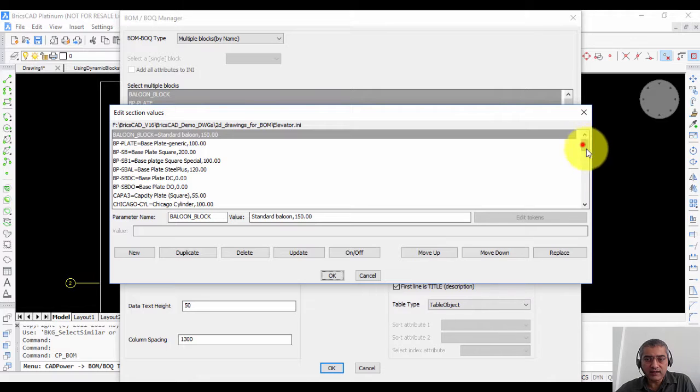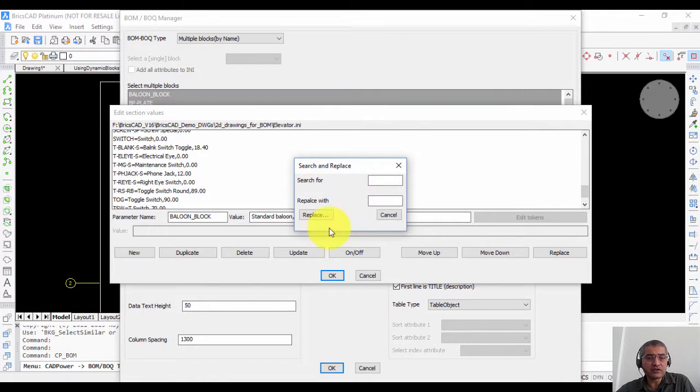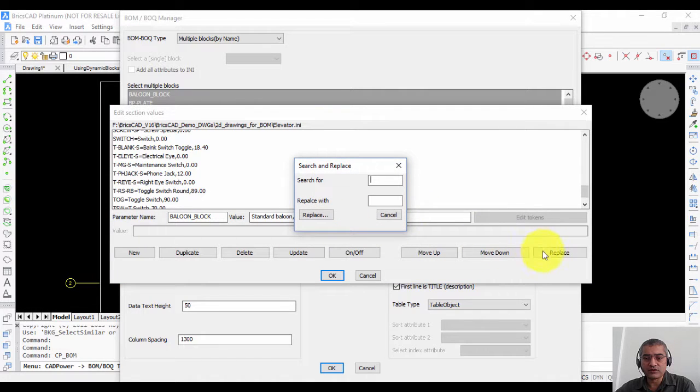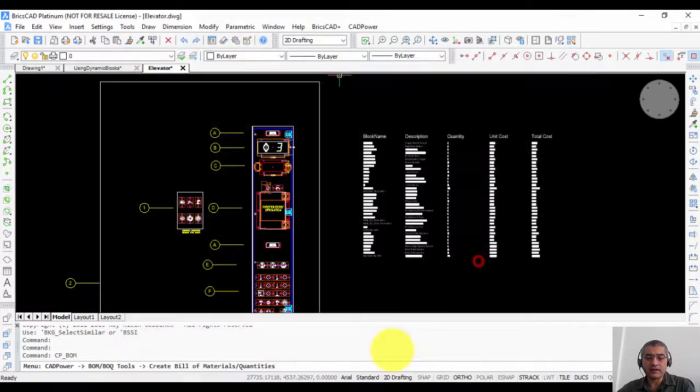So in your current selection from the INI file in the BOM tool, you can quickly search and replace for strings. So if you need to replace, let us say, all door blocks with window blocks, now it's much easier than before. So this is another small improvement we have made in the INI editor, and it helps a lot